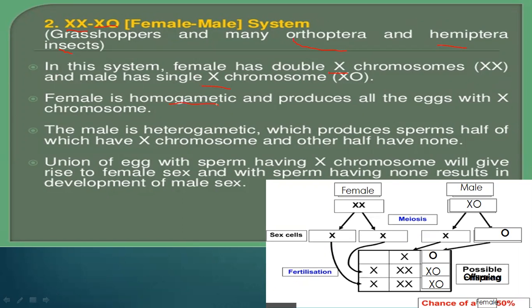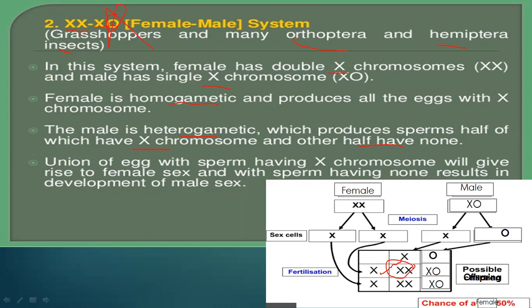So female is homogametic and produces all gametes having X chromosomes, and male is heterogametic, which is producing sperms of which half are having X chromosomes and half are having none. It means no Y or X chromosome in there. So when it is forming the cross here, gametes are like this, and when they form the cross,